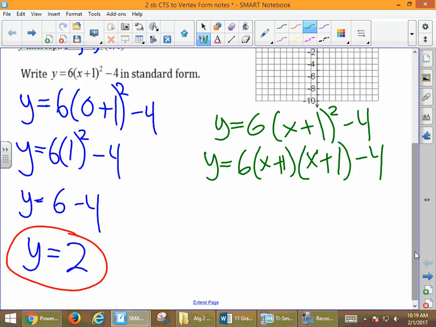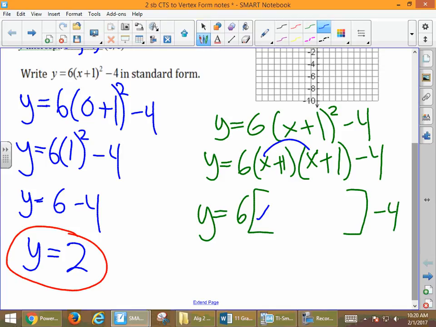And now we can FOIL it to get our x squared plus x plus our c. And so with FOILing, we need to do first, so I'm going to actually rewrite this first. So y equals 6, and then I'm going to put everything I get from this FOILing inside my bracket. So we get our first, so we have x times x, which is x squared, and then